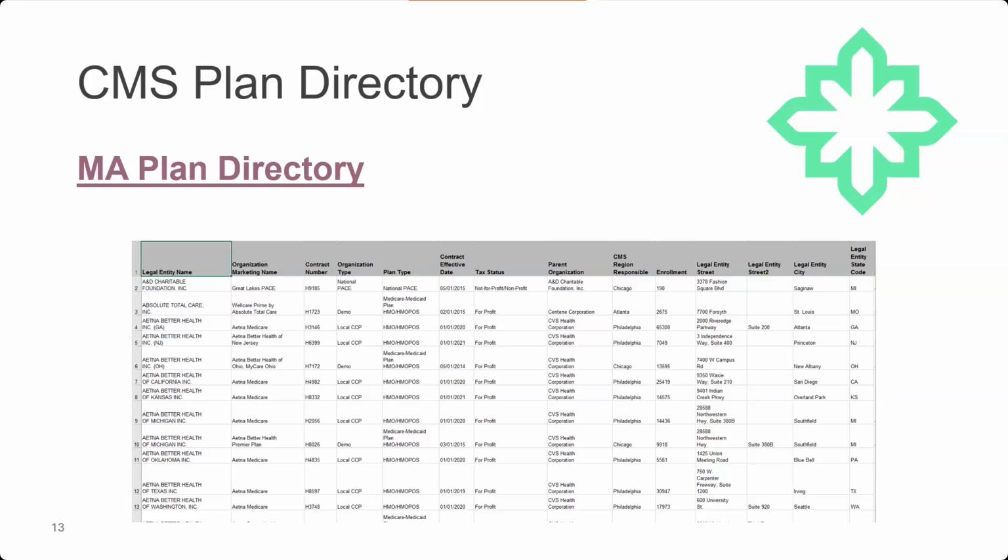So what you have to do is first know the plan. A lot of times you'll see this contract number, and some people find this super helpful. I'm actually going to open this up in a little bit, but I just want to point out a couple of fields. First, there's a legal name and a marketing name. Many people know the marketing name, but they are not familiar with the legal name. So every once in a while, our system will have a legal name in it, and you'll be like, I don't even know what that is, but it'll give you a plan contract number as well. Sometimes you have to come out and be like, that is whatever it happens to be, right? So that you can get to the right plan. So this MA plan, again, who's responsible? CMS region responsible.